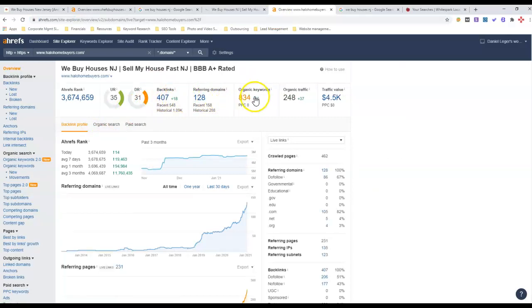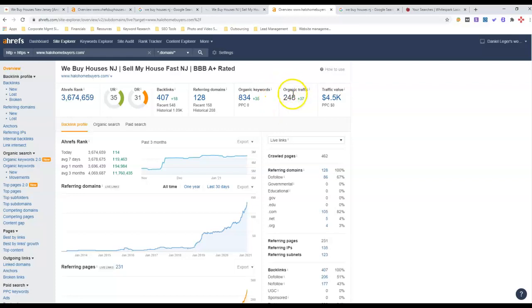Okay, so you see the big difference here. They've got 834 organic keywords that they're ranking somewhere for. It doesn't mean they're ranking first page, it just means they're ranking somewhere. And they're getting 248 people coming to their site every month. This is what I focus on when I look at the competitor. So if we get you to that number one spot on Google, that right there is what you'll be getting.